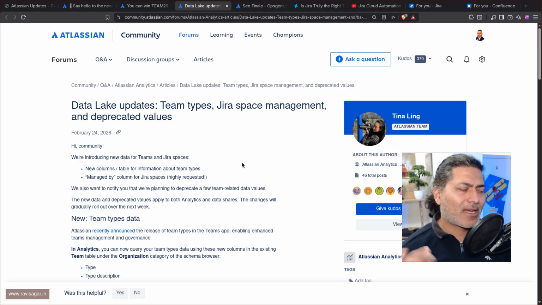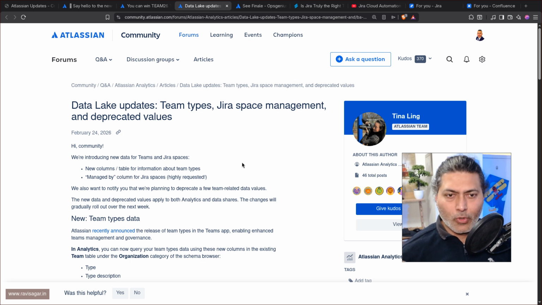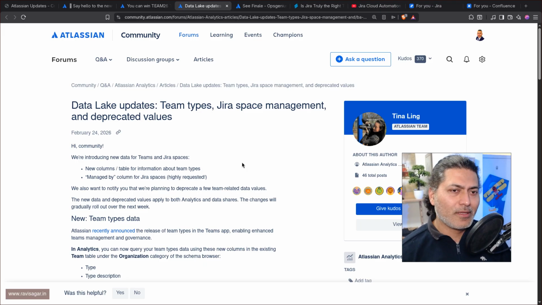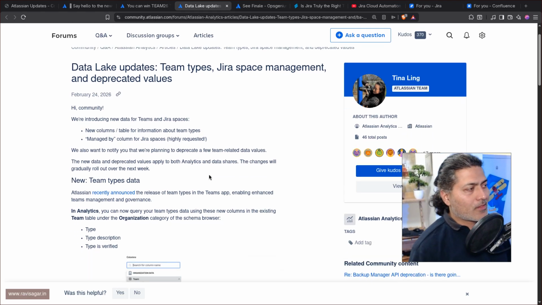I'm not really sure how Atlassian Analytics will compare if you are trying to do a comparison with Snowflake or Tableau. I don't know. There are other data lakes because companies are using them. And Atlassian Analytics, I know, is new. It is not really a very old tool, but it works nicely. I've seen it. I've played with it a little bit. This update is actually about some more